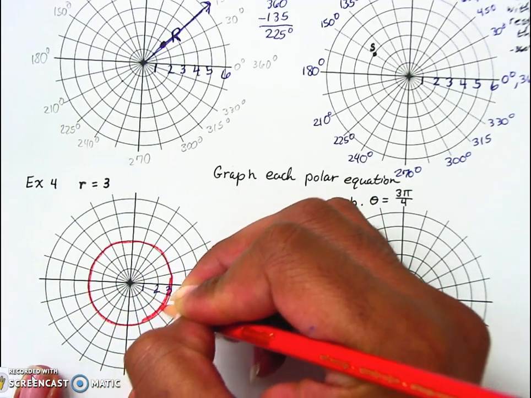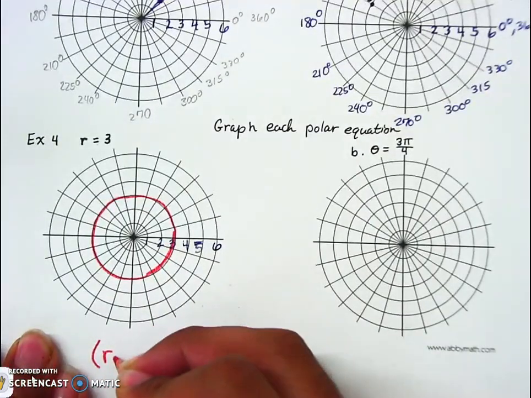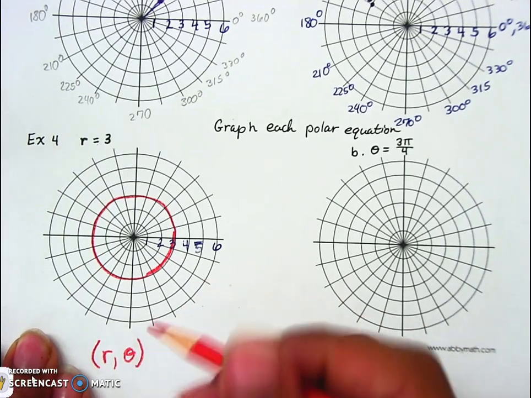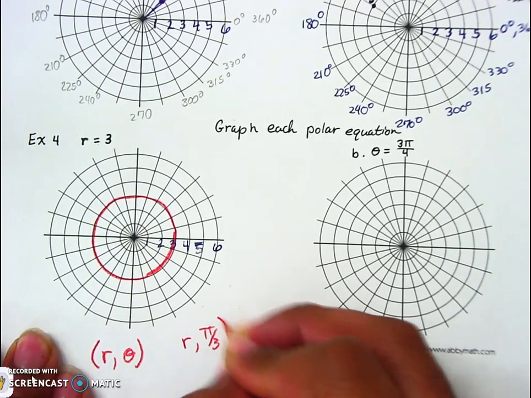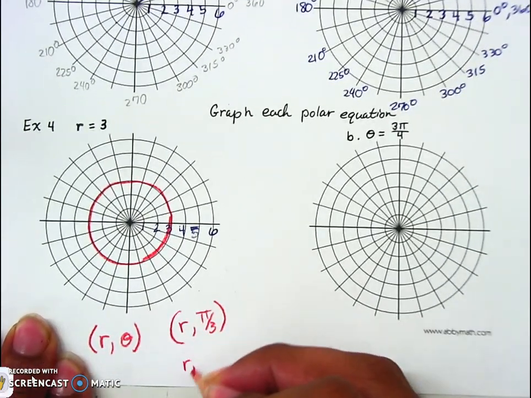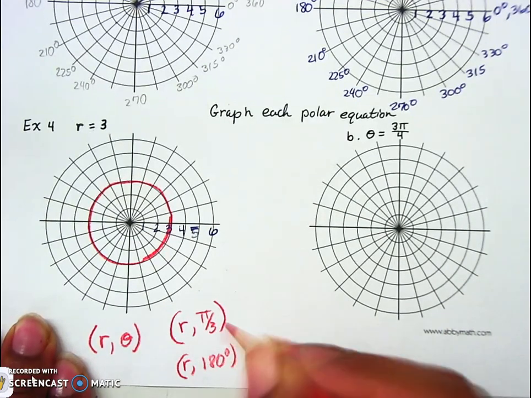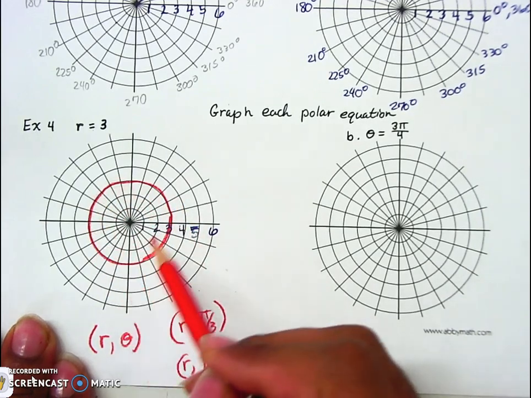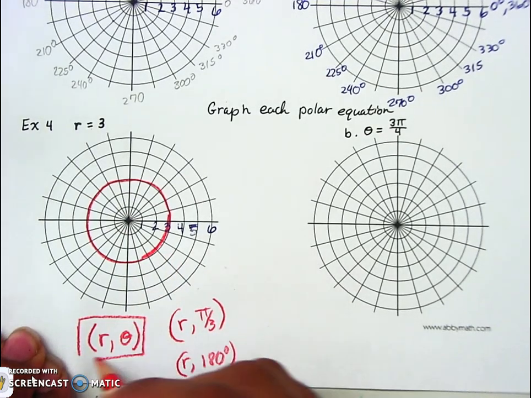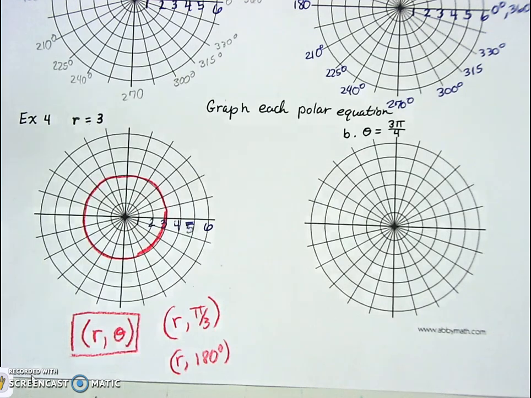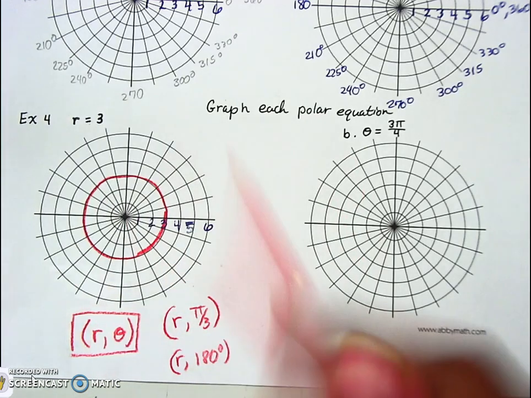And that satisfies everything that's right here. So for this one, it's (r, theta) that is the actual answer, but that theta could be anything. It could be (r, pi over 3). It could be (r, 180 degrees). It could be anything because it's just that concentric circle right there for 3. So it could be either one of these. So the valid answer would be this one here. So that's your equation. Well, not the equation, but that's your ordered pair that works for every point on this